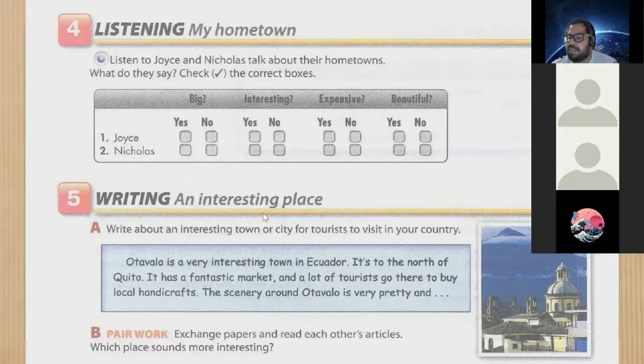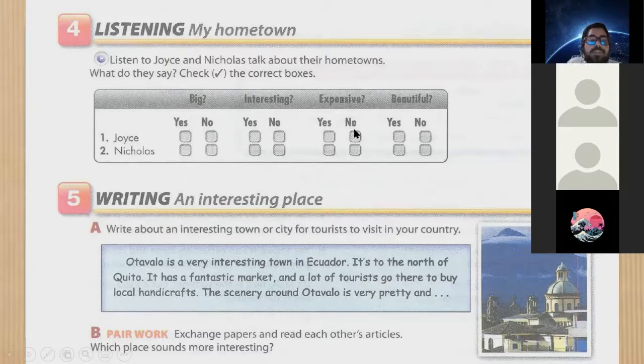Then about expensive, guys. Yes or no? No. Actually, no. Yes. It happens, guys. Oh, someone mentioned yes. Okay. Look at this, guys. In that part, this is interesting. In that audio, they mentioned it is inexpensive. Inexpensive means not expensive. Entonces, por eso tal vez fue que se confundieron con el expensive, guys. But that's a new word. Inexpensive means not expensive, okay? So, in this one, guys, expensive? No, right?